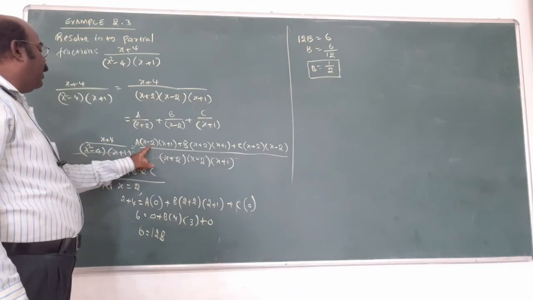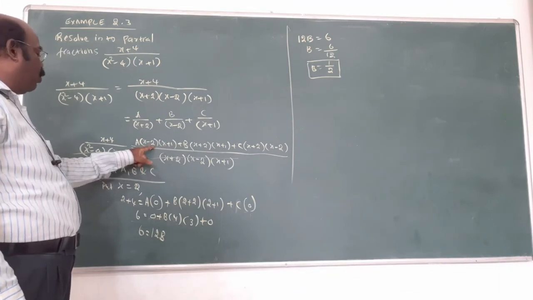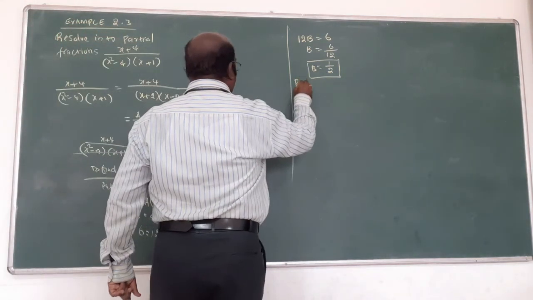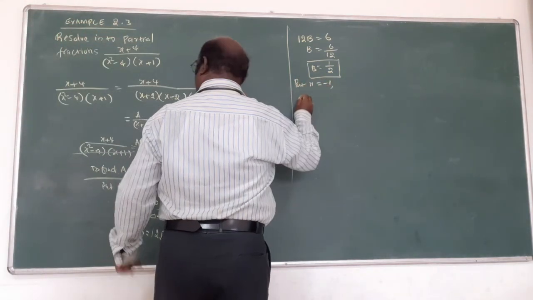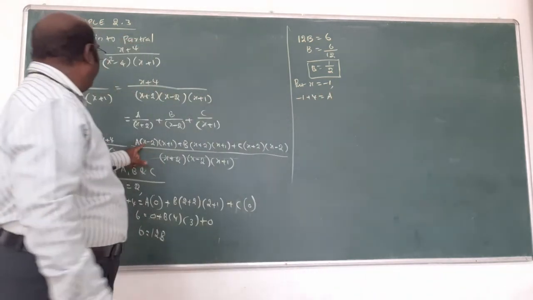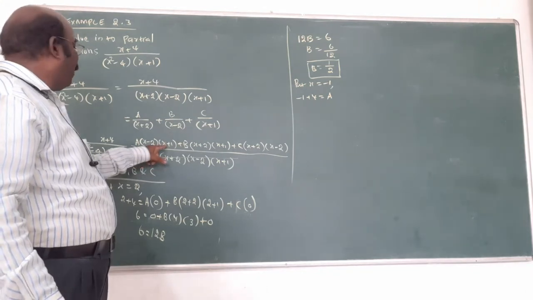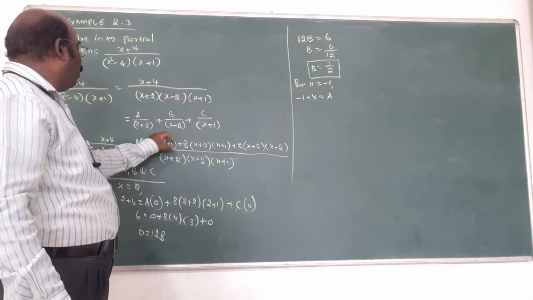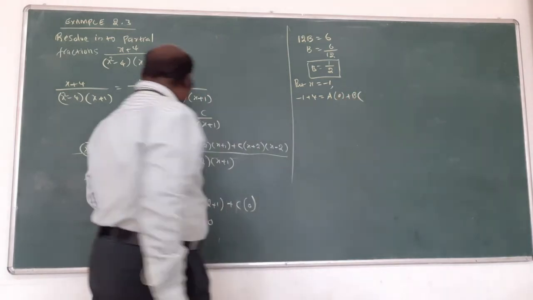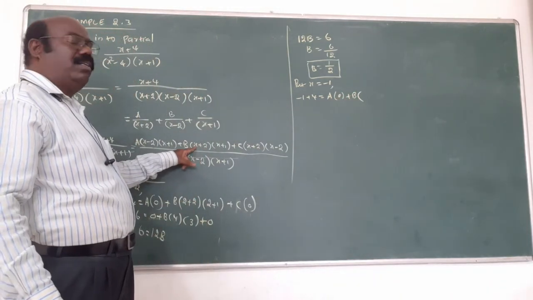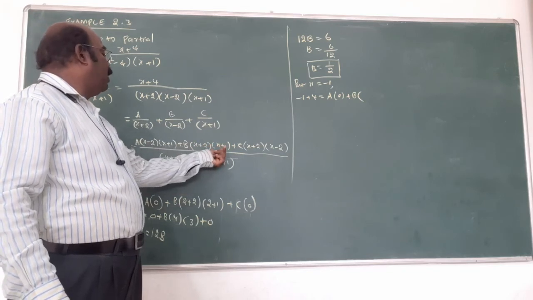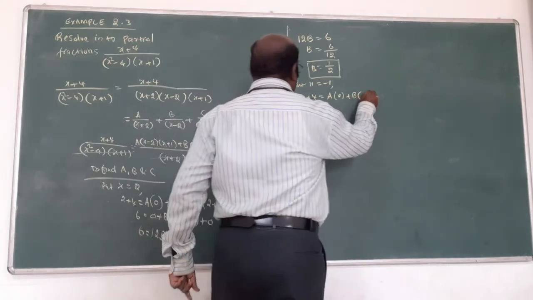Next is the bracket x minus 2 plus 2. x equal to 2, we have the first answer. Plus 1 is on, x equal to minus 1. Left hand side minus 1 plus 4, right hand side minus 1 minus 2, that is minus 3. But here minus 1 plus 1 is 0, so the whole term is 0. Here also minus 1 plus 2 plus 1, but here minus 1 plus 1 is 0, and totally 0 times something is 0.